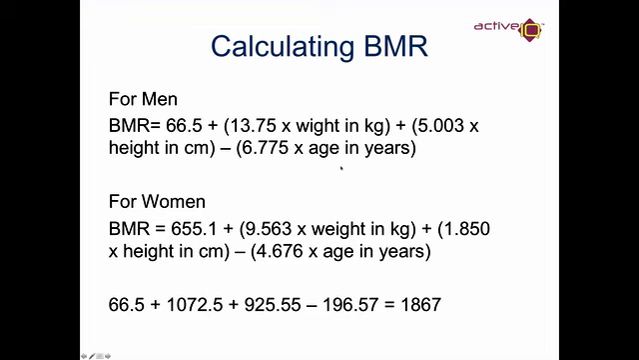Next one. We have plus 5.003 times my height in centimetres. My height is roughly 185, and that's what I've based it on for this. So 185 times 5.003 gives us 925. And at the end we take away 6.775 times age. My age is 29, so 6.775 times 29 will give us 196. All we do is put this in the calculator, and it will give us my calories per day. So my basal metabolic rate is